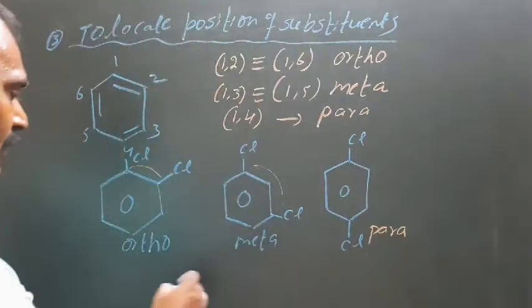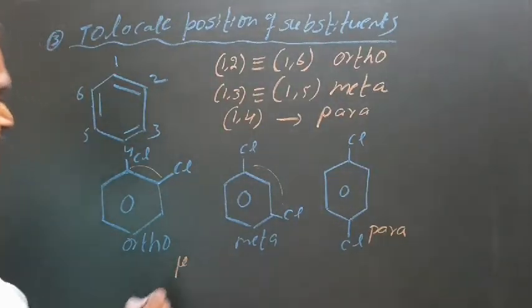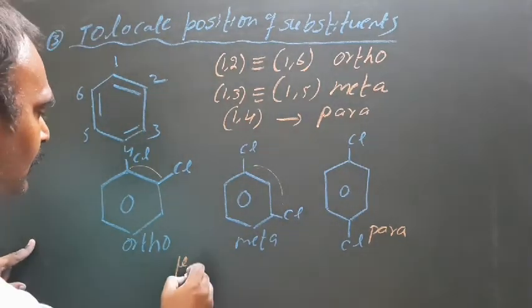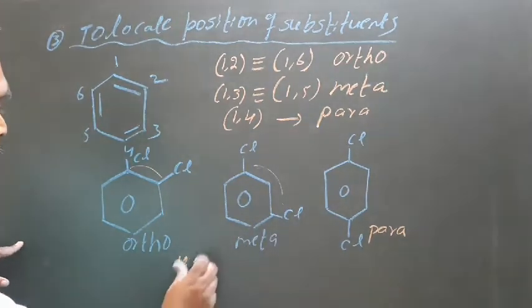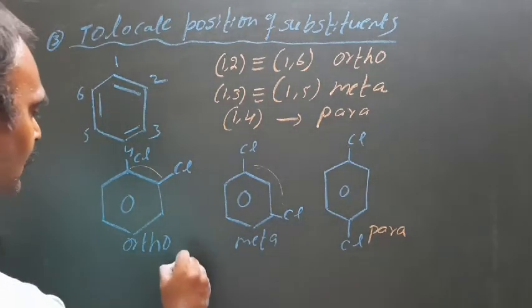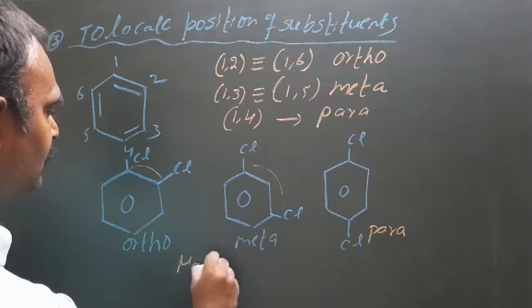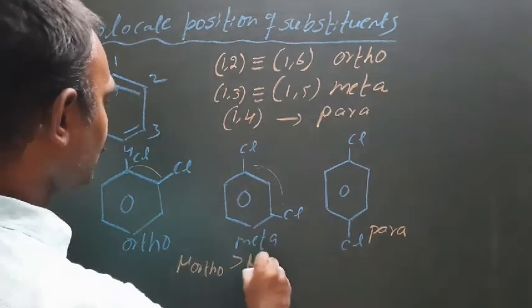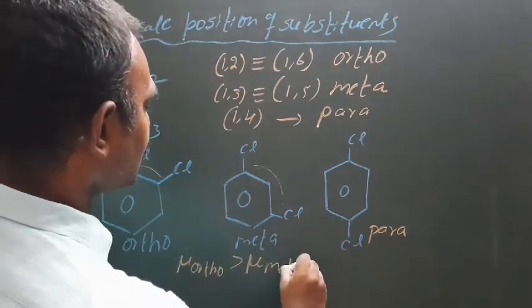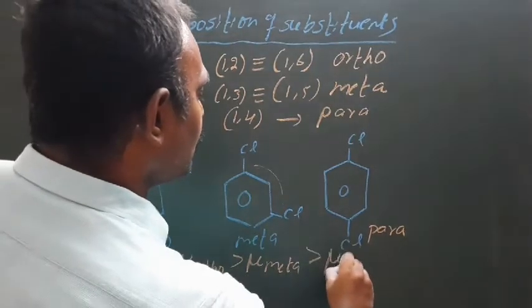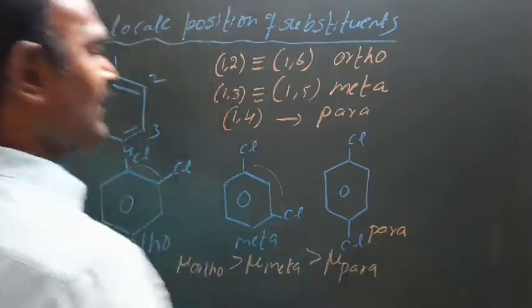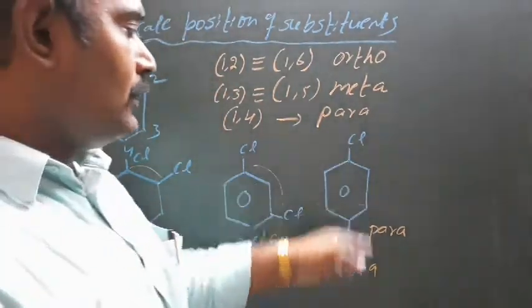Now if you compare the dipole moment, now see here. Dipole moment in the ortho position is greater than dipole moment in the meta position, greater than dipole moment in the para position. What is the reason here? Coming to the para position,